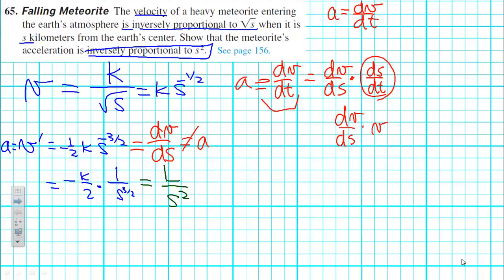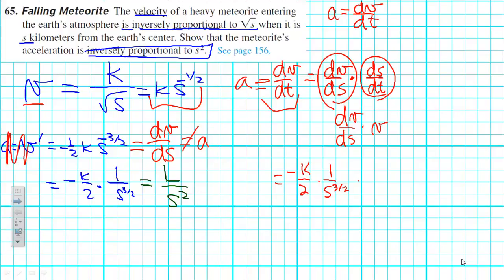So if I want to find out what acceleration is, I take the derivative with respect to distance, which is negative k over 2 times 1 over s to the 3/2 power, and I multiply it by velocity, and velocity is